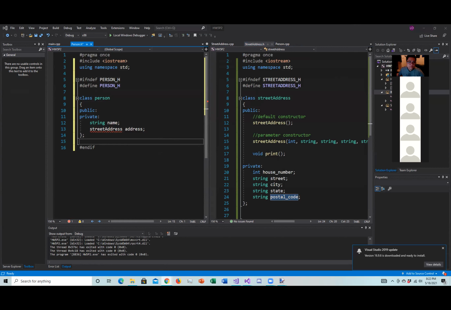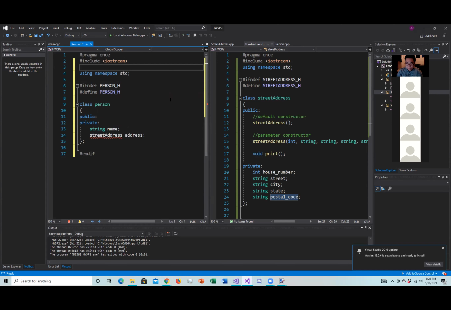And then, oh, you know what? I actually forgot something very important. Since this person.h class needs to use the street address class, I need to include the streetaddress.h into this person.h. So right here, I'm going to say include streetaddress.h. There we go. All right, so now that this is defined,